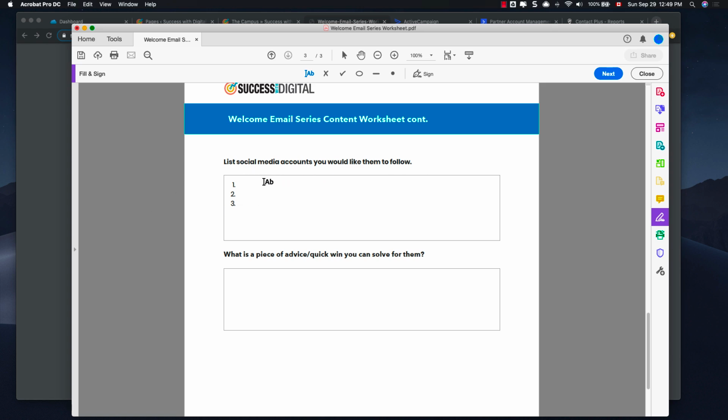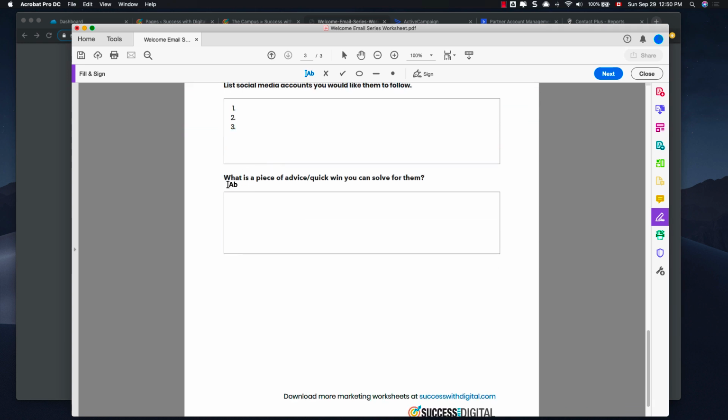If you have an account on every single platform, but you're not active on those platforms, I wouldn't include them here. You can, but what you want them to do is to click over, and if they click over to a social media account that's just dead, and there's no engagement happening there, then really is there any point in sending them there? And then also, what is a piece of advice or a quick win that you can